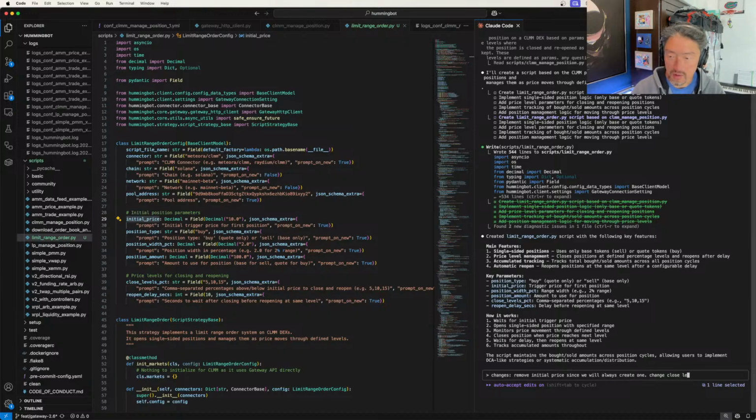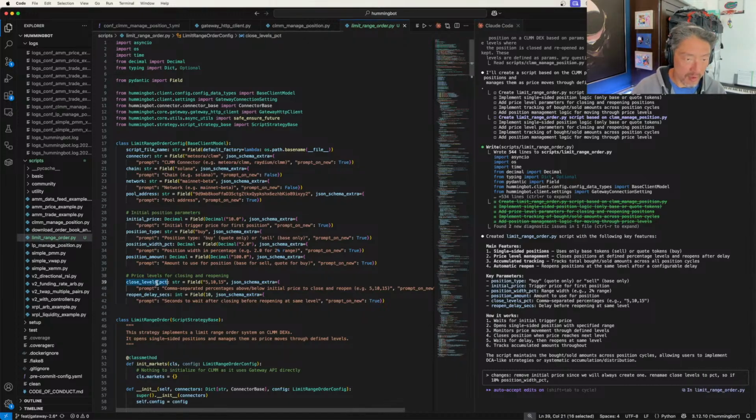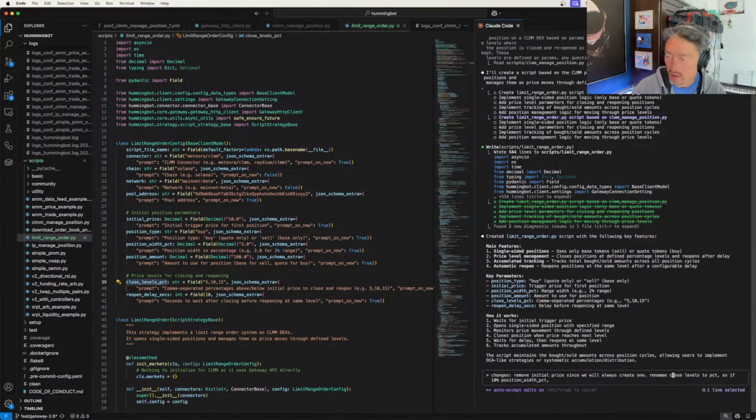Change close levels to %. So it's like if 10% position width, close... actually, I think I'm gonna rename this. Rename closed level percentage. I think we want to do something like